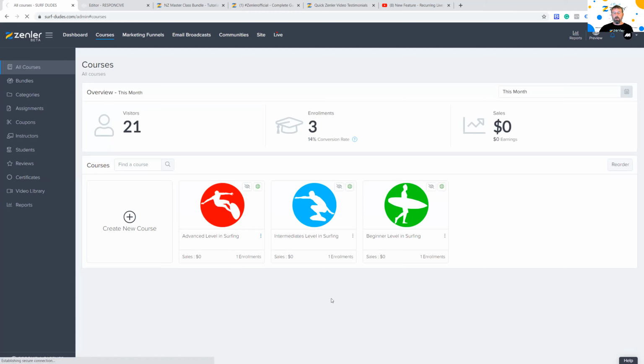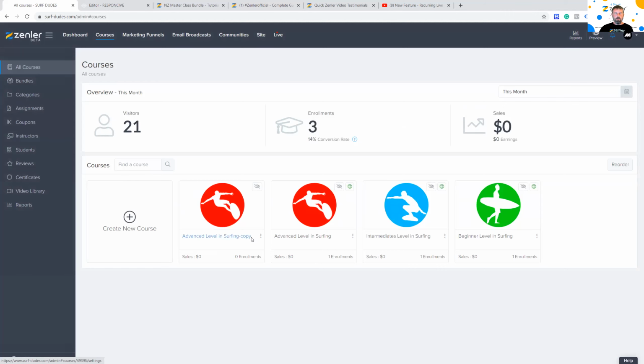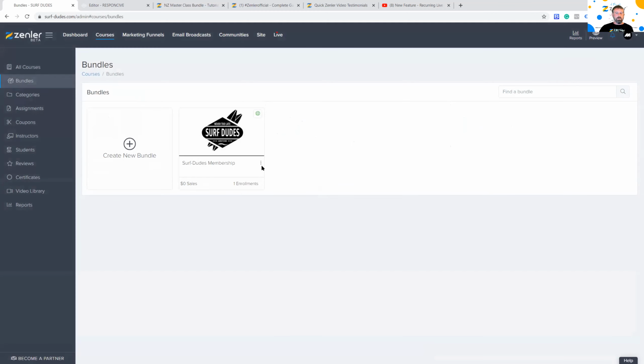If I do this one quickly, I can just show you. So I click that button there, and quickly it will do, and you'll see that it isn't published. If I go back to courses, I can go in here and you can see that I now have a copy. So I just changed that. You can see it's unpublished by the little eye icon there, and you can just go in there and set that up. So really easy. We've also got bundles in here, and you can also go in here and clone a bundle. So you can clone both really easily in there, Sophie. And you can also copy lessons from one area to the other. That might be something we cover a bit later, because we're nearly at the wrap up for this one.